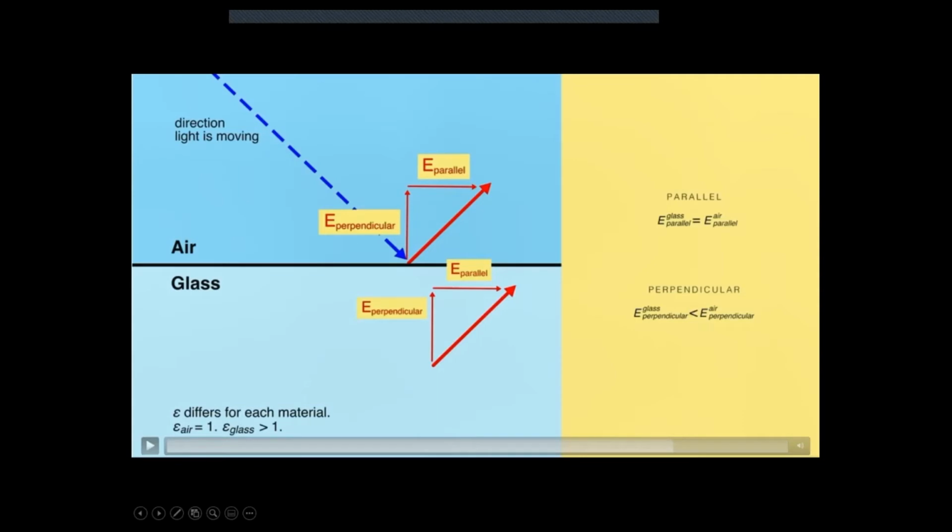All right, so the electric field comes in. What's going to happen within the structure? As soon as the light enters the glass, it's going to become polarized. So here's the original electric field. It's going to push the positive charges in one direction, and the negative charges will move in the opposite direction, inside the glass.